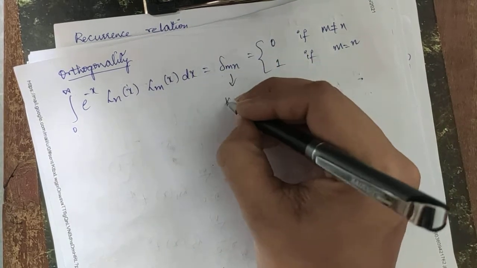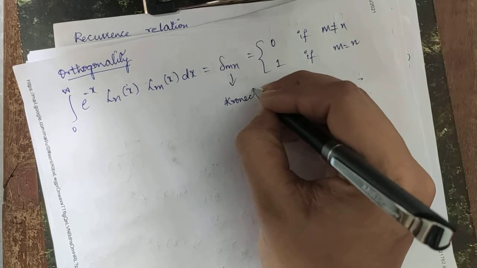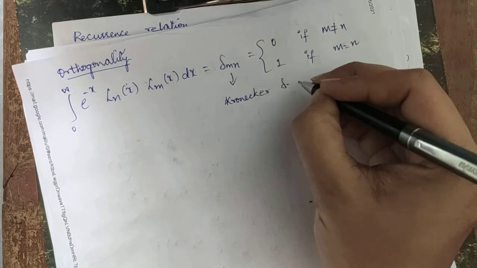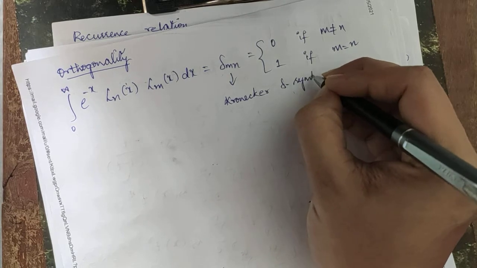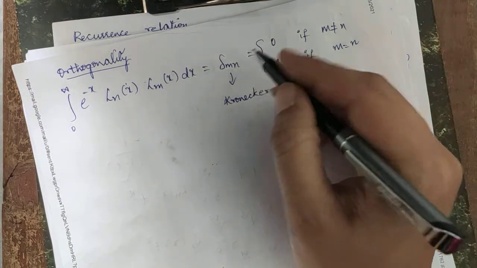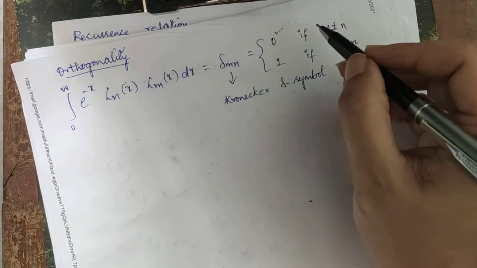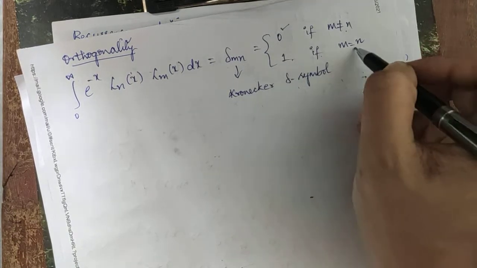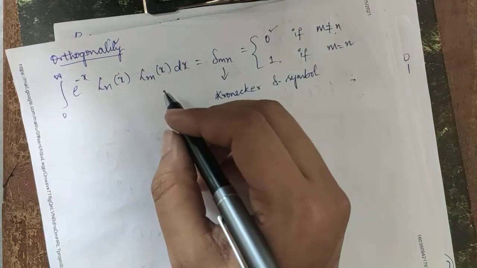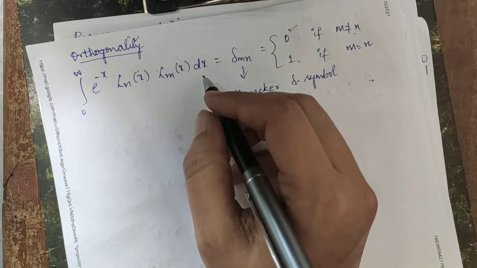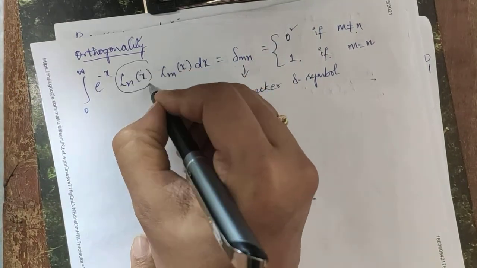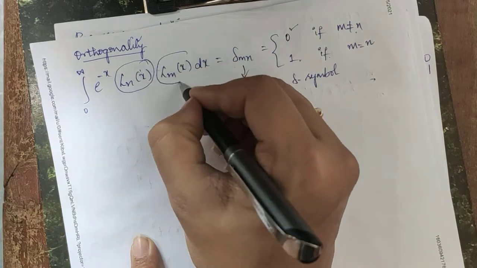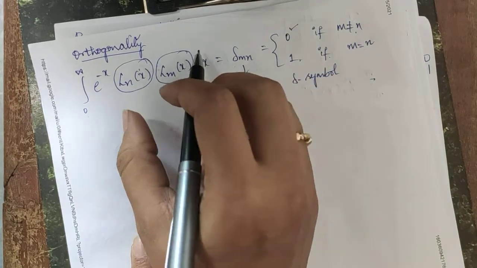Delta mn is nothing but Kronecker delta symbol, right? So this Kronecker delta symbol takes two values, that is 0 if m is not equal to n and 1 if m is equal to n. So we have seen in Hermite polynomial also, we will consider two generating functions and we will substitute the values